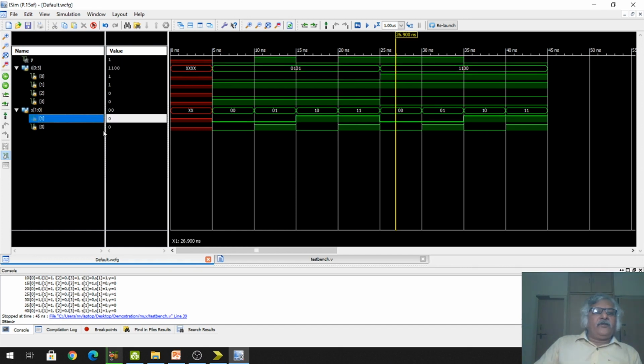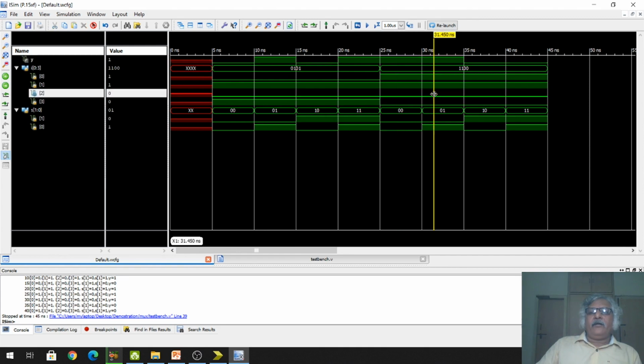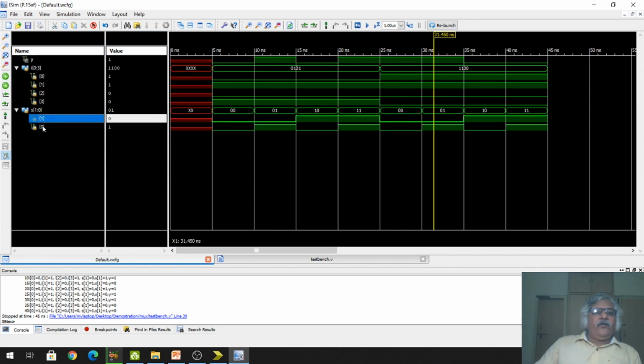S1 and S0 are 0, 0. So the value of I0 is 1. So at the output you are getting 1. Okay, check another condition. S1 is 0, S0 is 1. So the value of I1 is this, it is 1. So check at the output, it is 1.